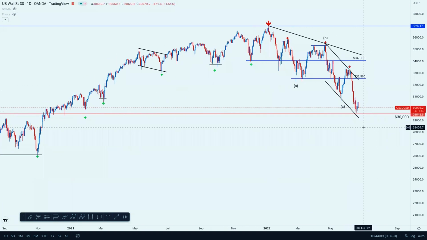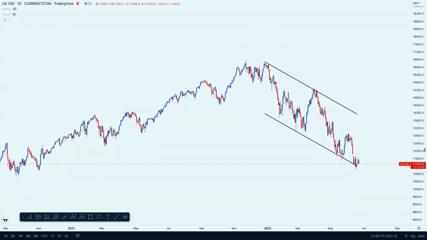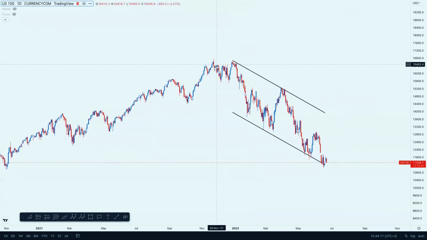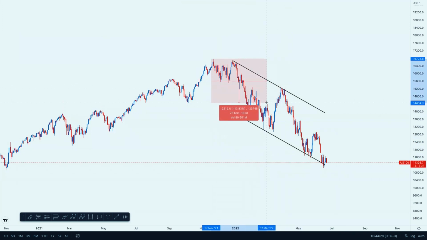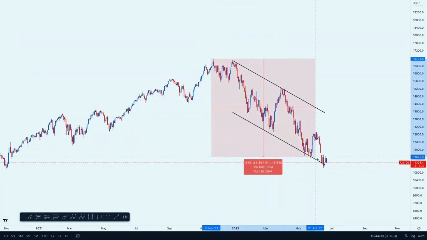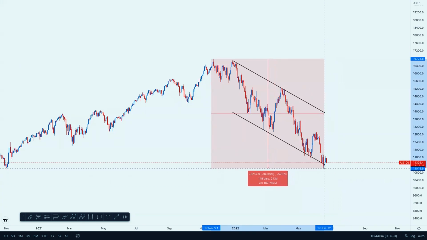The market is down a heavy percentage, and not only this. If you look at things like Nasdaq, US 100, you can see it's also significantly down. If I use this tool, you just press shift and click on the screen. Looking at this distance to move down here, I can see that's a 34% drop. Quite a heavy drop on stock markets.